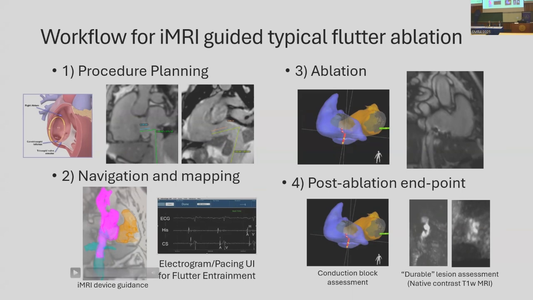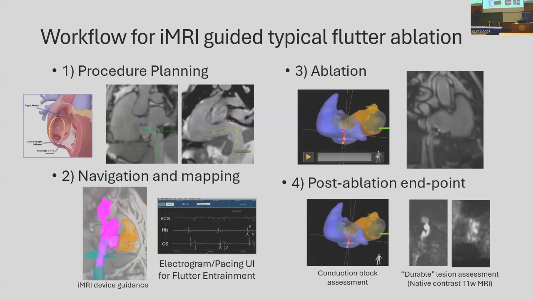Here we just see the idea of grossly guiding the catheter into the heart to the general target region using real-time MR guidance. And the nice thing is we can overlay this with the anatomy from an MR angiography. Typically, we use T2 prep non-contrast angiography so that we can perform later non-contrast lesion assessment. There are also electrogram recordings, both surface ECG and intracardiac electrograms provided by the Imricor system, very similar to a conventional